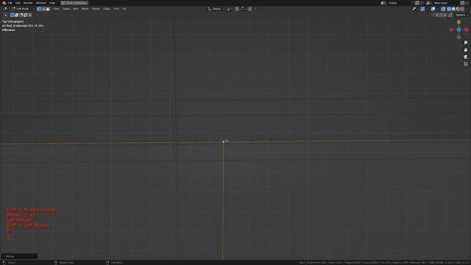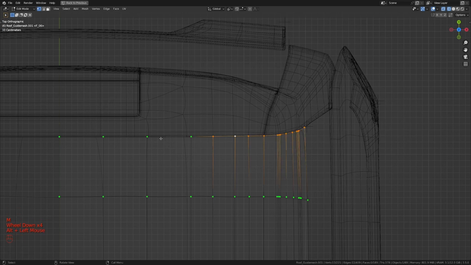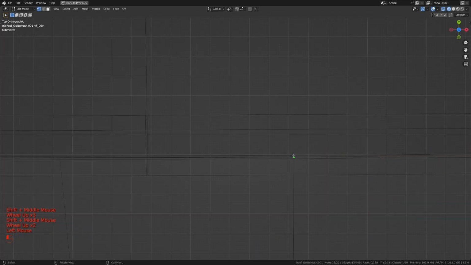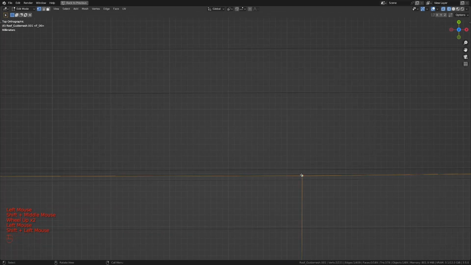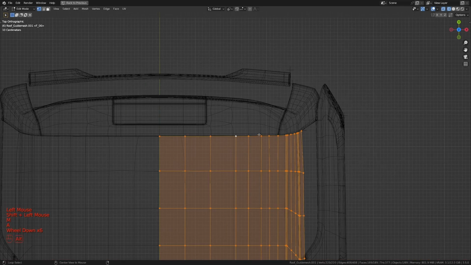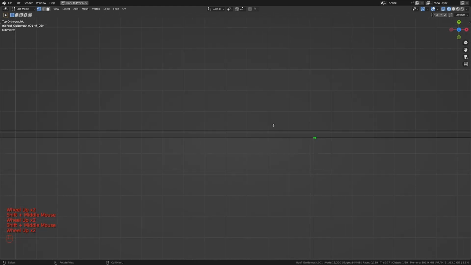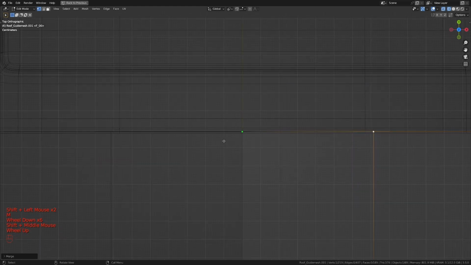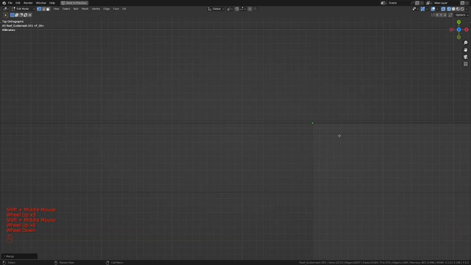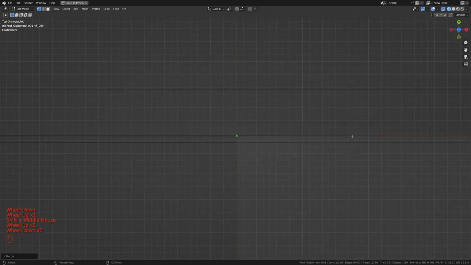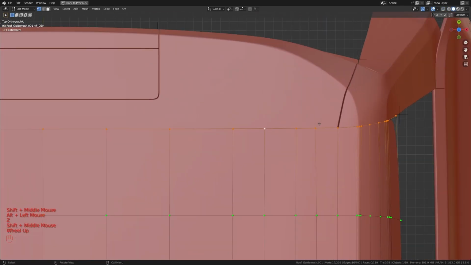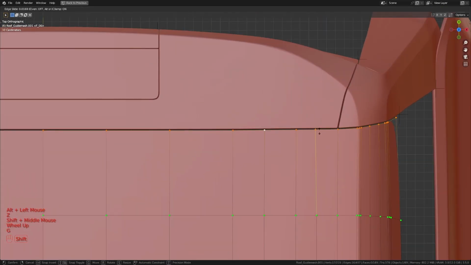So you just have to make sure there are no double vertices and it should select all the way through. You can see we still have one here. So merge at last. Hopefully that's the only one. Nope, still have one more. So this and then that, merge at last. Let me check here just to make sure. Yep. Alright, now we can take the whole thing and let's press G twice and then slide it back to